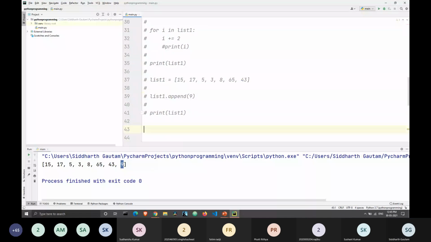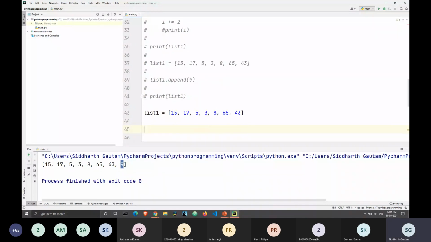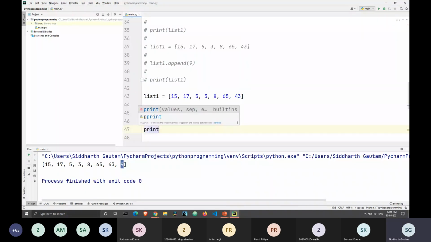If I want to add multiple elements at once, I will write list1.extend, first round brackets, and inside these square brackets, I can have multiple values as 1, 2, and 3. Then I print list1. I run this. As you can see, 1, 2, and 3 have been added to the end of the list. So this is how you can add multiple elements to the end of a list.